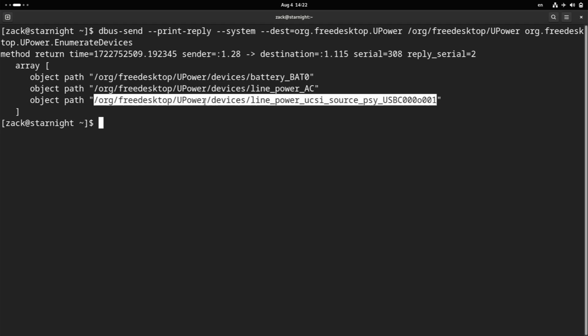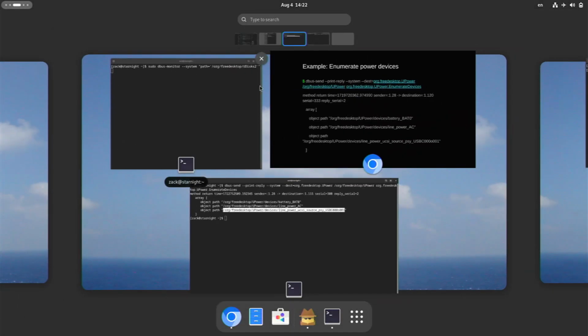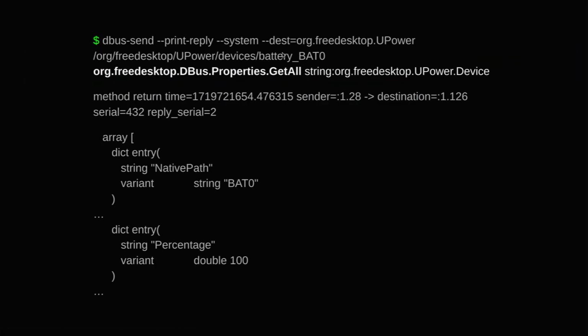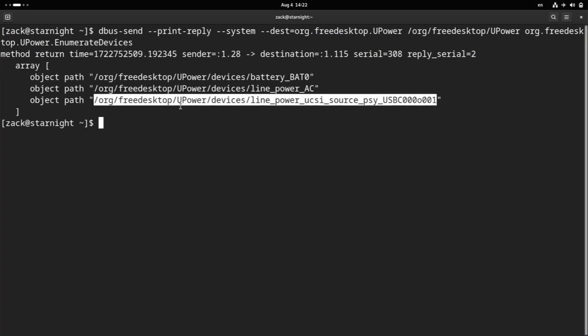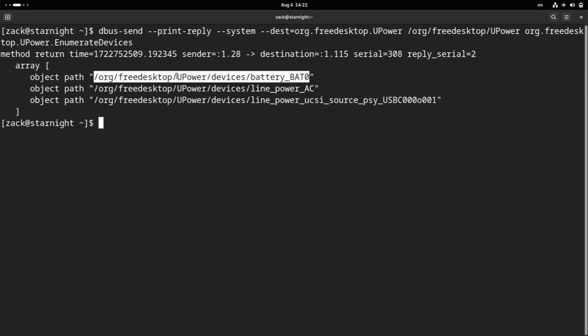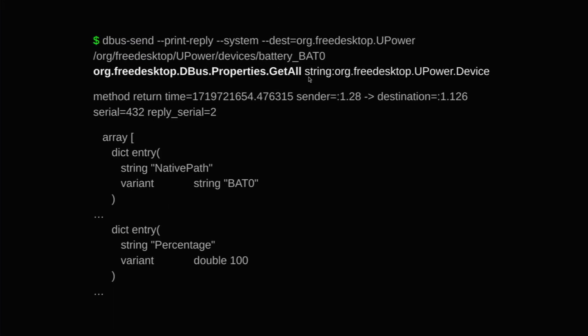And if we want to know the DC battery's all properties, we can use another method called message. But this time, because we are trying to know the DC battery's properties, the object path is the DC battery's object path here. And so it's a battery on the line BAT0. And we're going to use a standard interface